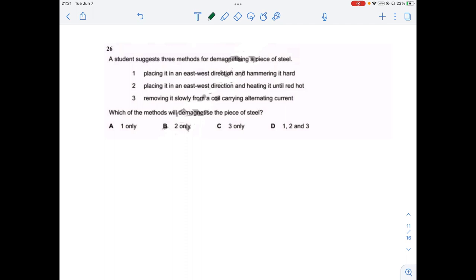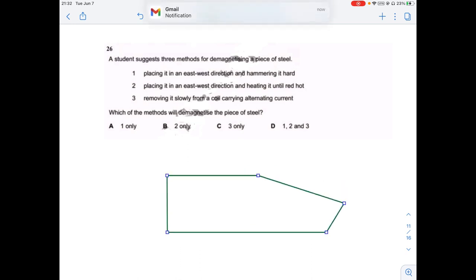Placing it in east-west direction and hammering it hard, placing it east-west direction and heating it until it's red hot, removing it slowly from the coil carrying alternating current. So first of all, we should understand the structure of a magnet. What is the structure of a magnet? When I try to draw the structure of a magnet, what it says,